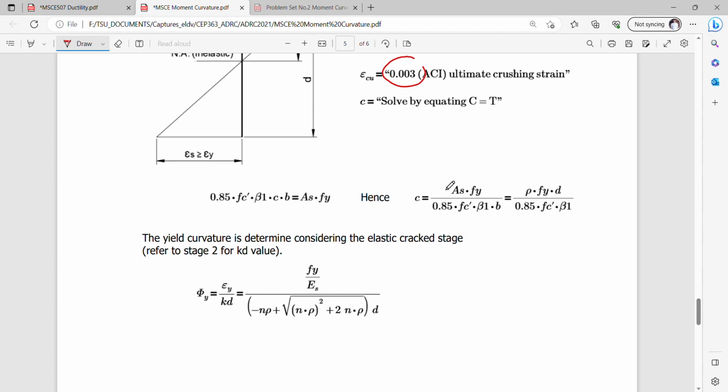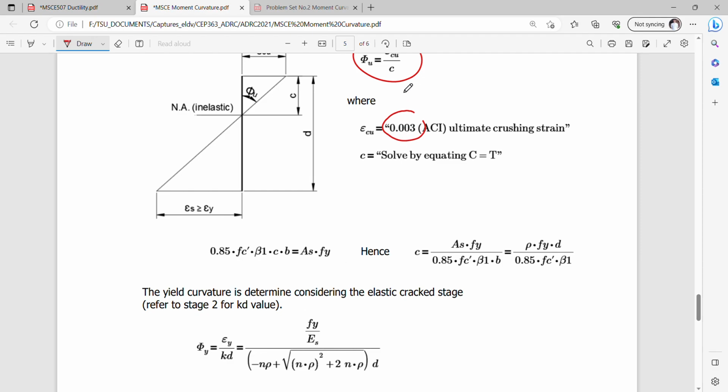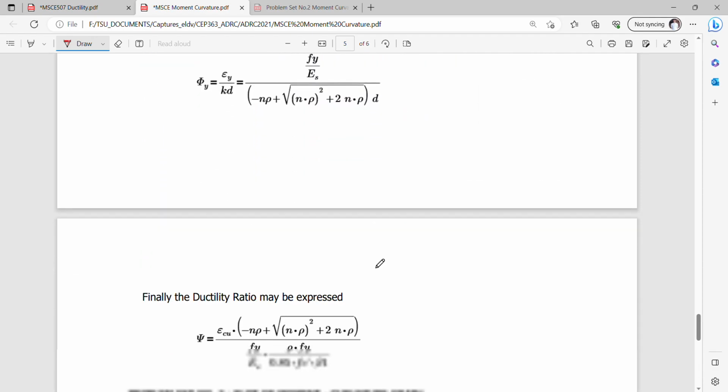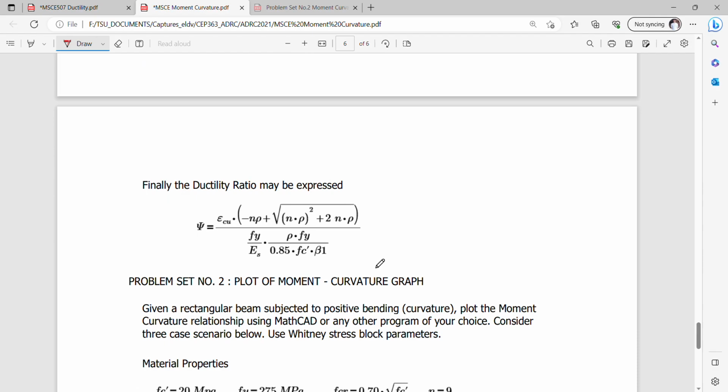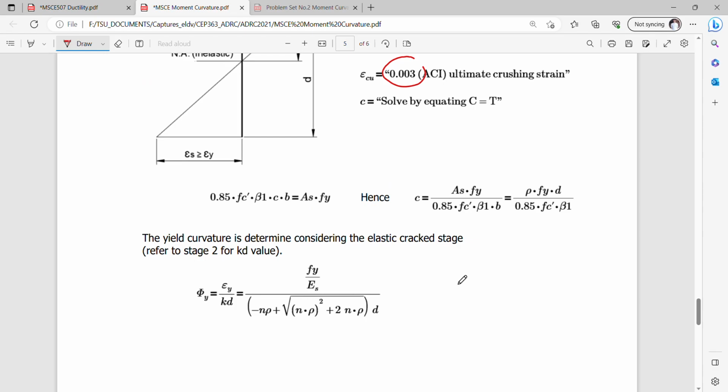And your C here is actually your value for the point upon which your C is equal to T, and that is defined in terms of the yield strain. Okay, so your KD here is on the elastic cracked. Okay, this is the elastic cracked,